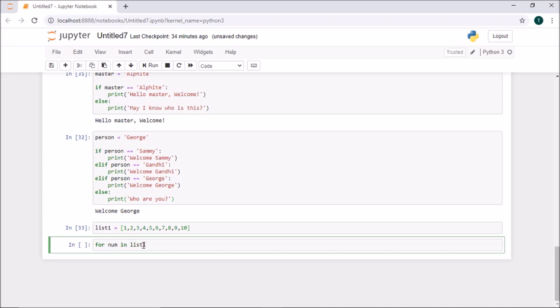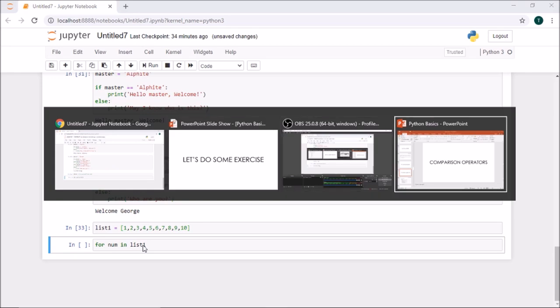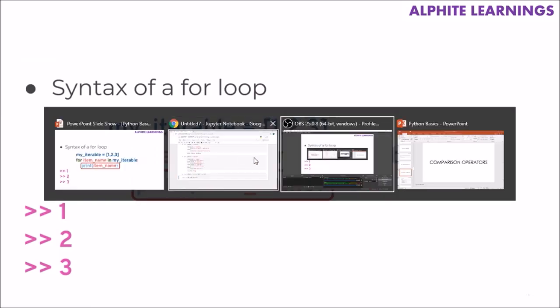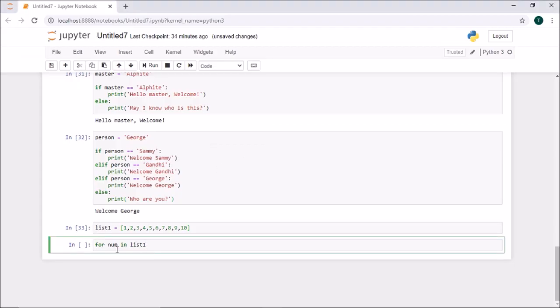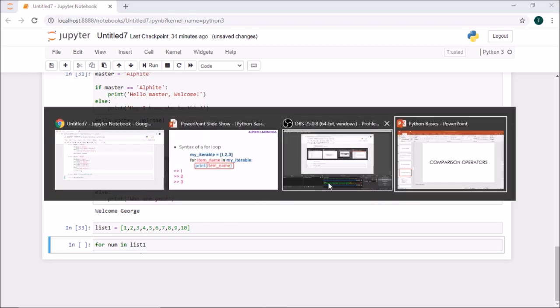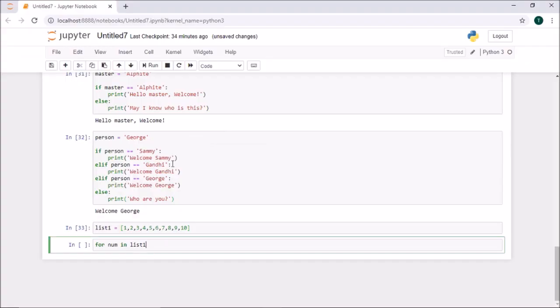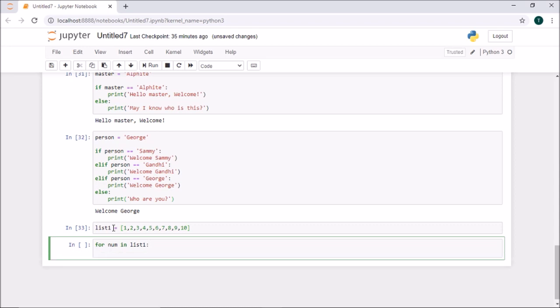Here, for item name, which is number, in where, in my iterable, which is the variable name. So for numbers in list 1, I'm going to print my numbers. I just say print the numbers.